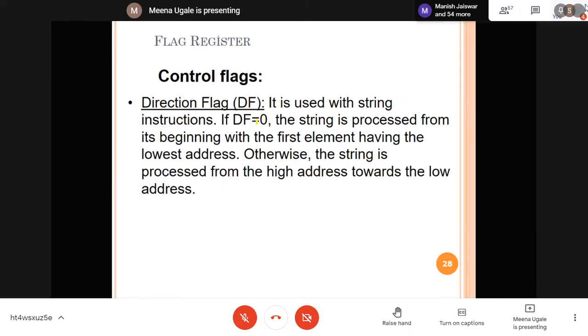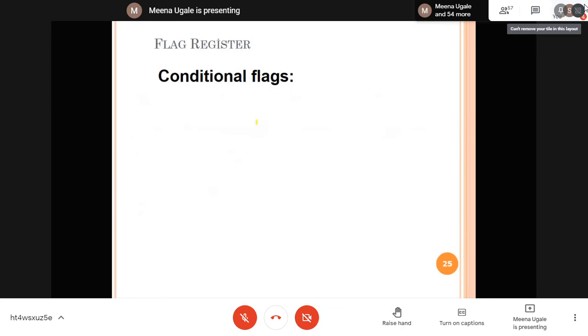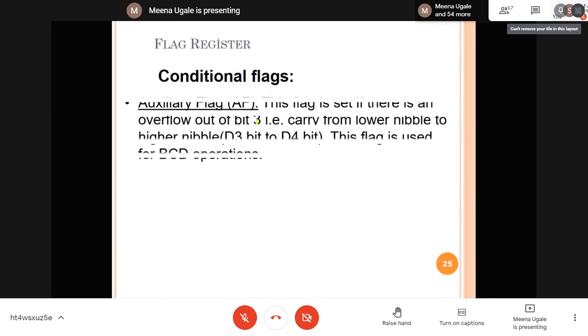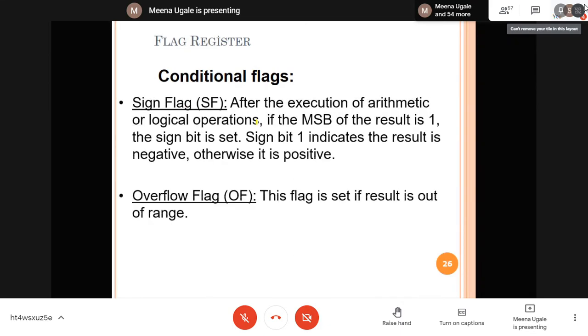Whereas status bits are carry, parity, auxiliary carry, zero, sign, and overflow. So these are your conditional bits.